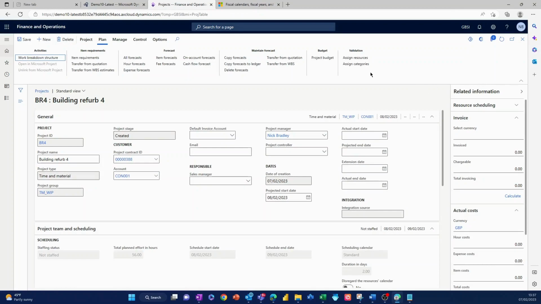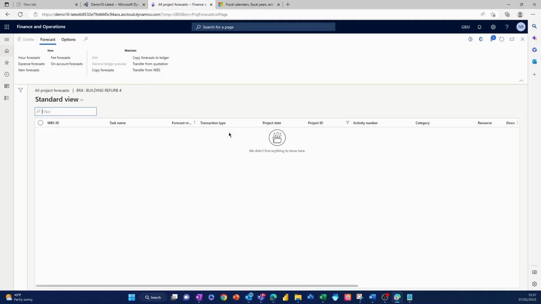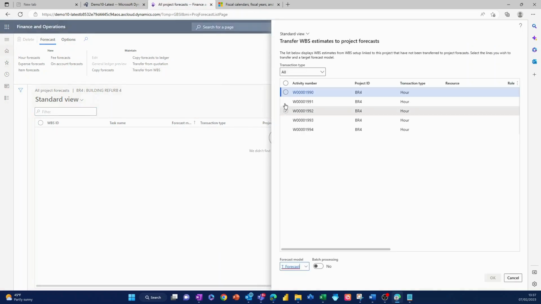So I have my WBS on here now. The other thing that I want to do is create a forecast on here so that I can track against my forecast, and I'll create a budget as well. So now we've got a WBS in here, we can use this to create our